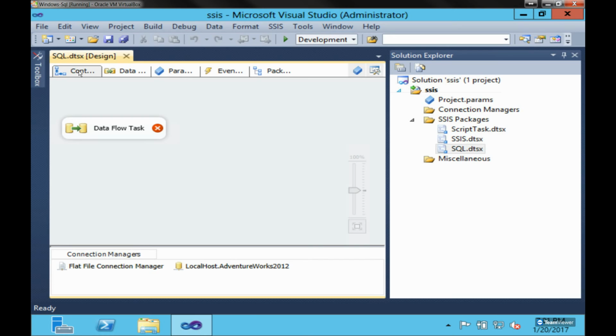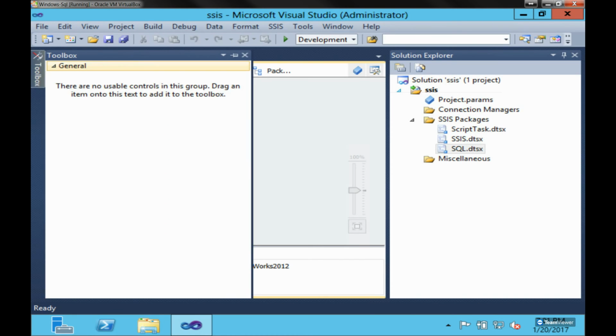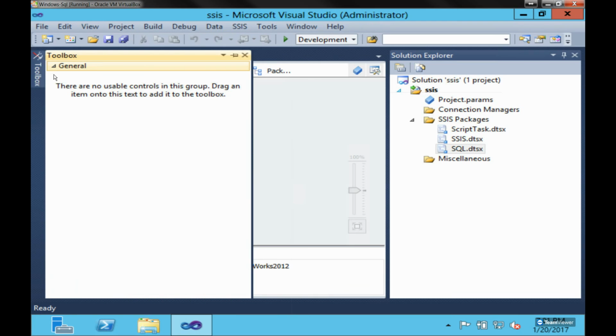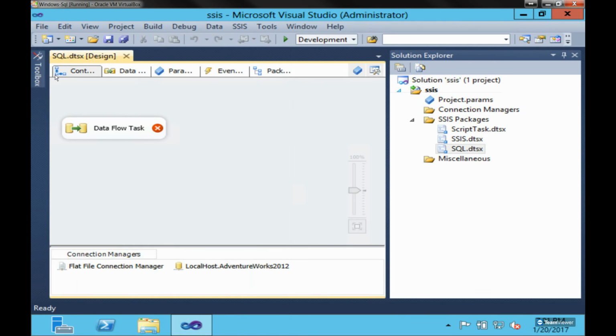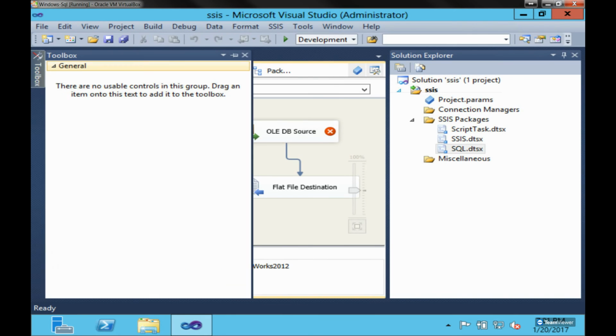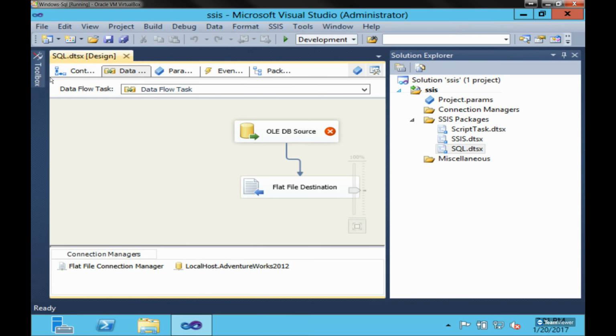So it involves many components. So how can you see that? So there is a toolbox here. But if it's missing, you have to go to View. So you can see Object Explorer, Toolbox, and Solution Explorer here. So Toolbox is here. Okay. As of now, there are no items. So I'm going to go in here, and if you go here,